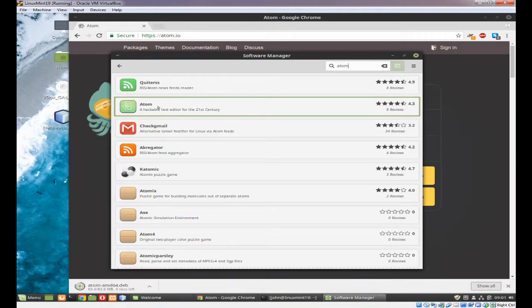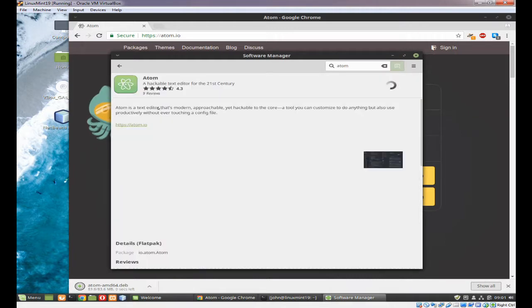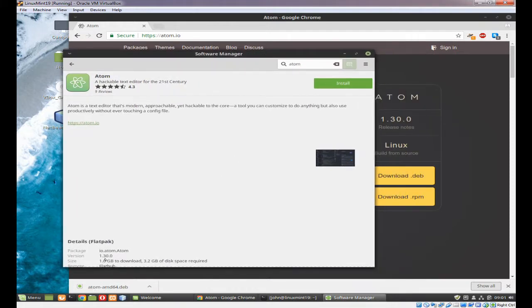As you can see, it comes up here. If you click on it, you'll see that we get the Atom installer, and we can actually install it from here. Now, the reason I'm not doing that, and you'll notice it is actually Atom 1.30, is that